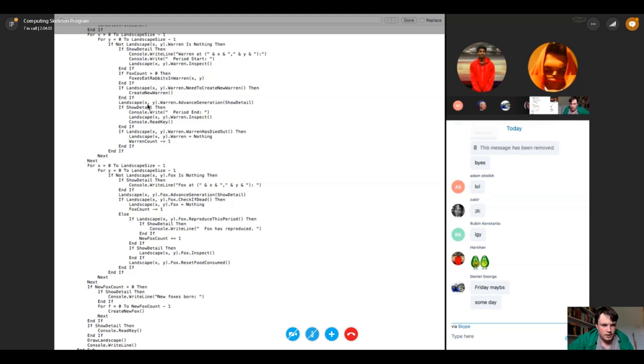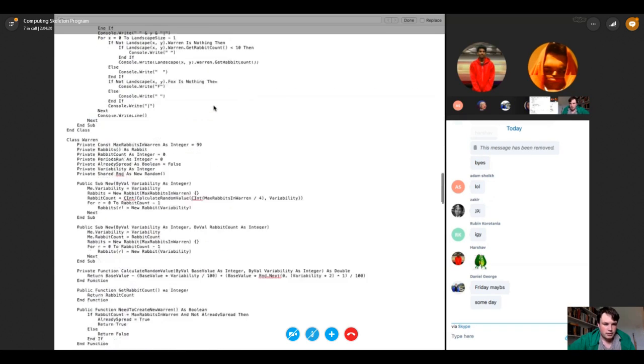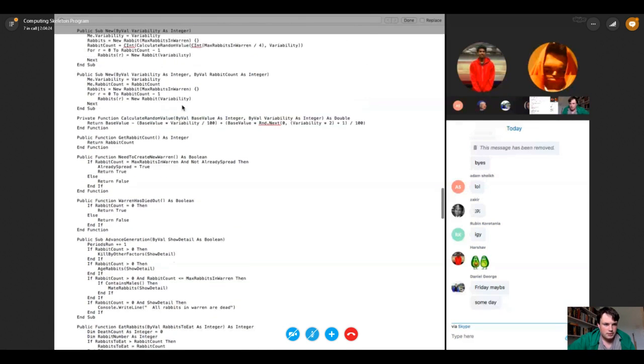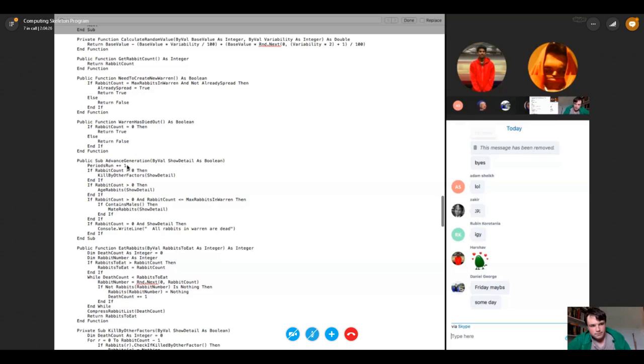The next thing it does, so it's checked however many rabbits get eaten. It checks whether it's reached the maximum number and needs to create a new warren. And now what it does is it advances generation. So now it's going to age all of the rabbits. So if we go to the warren class again, advanced generation, that was lucky, wasn't it? Is this the one class? It is. Right, so